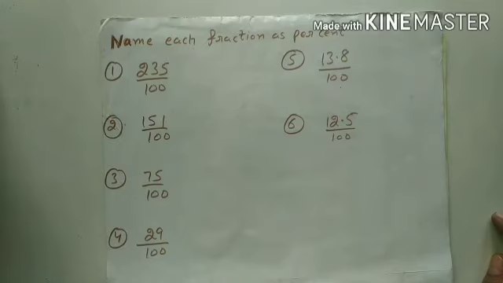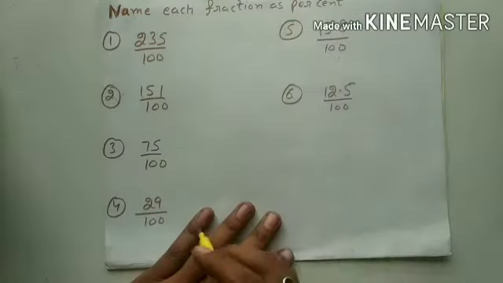Student, the simple method to write the answer is, if the denominator is 100, then you will remove the denominator and write the numerator along with the percentage symbol. Okay student? Now, so we can write that answer. Now, let us see why we should write this. Okay students? Now, percentage means